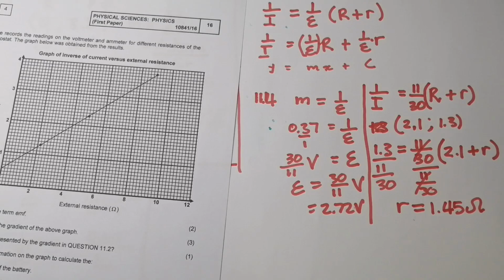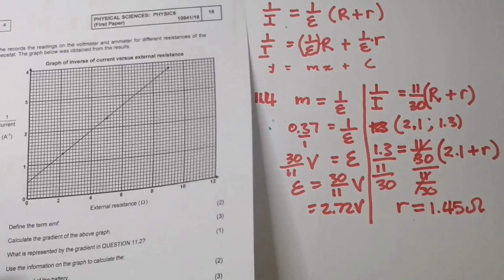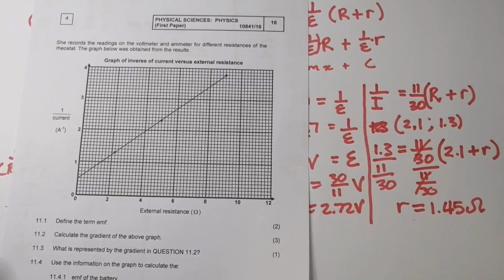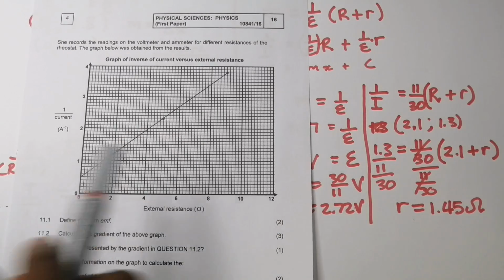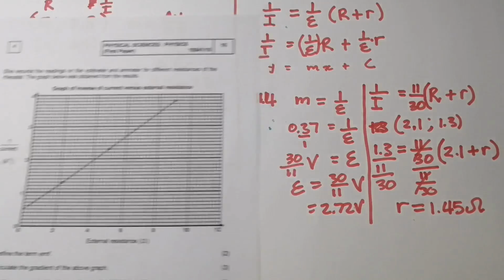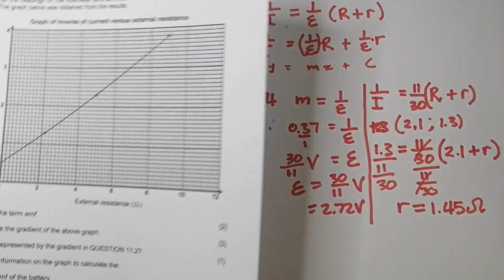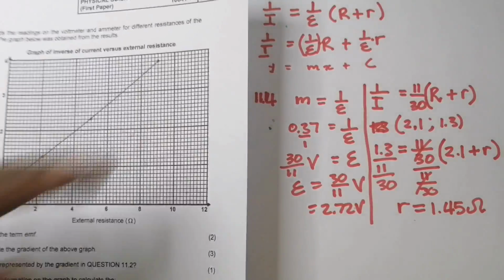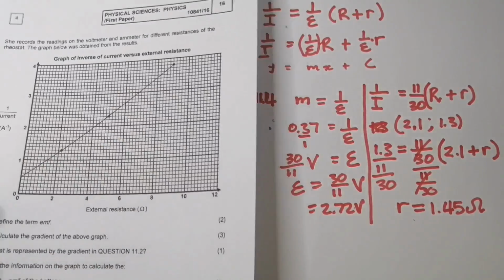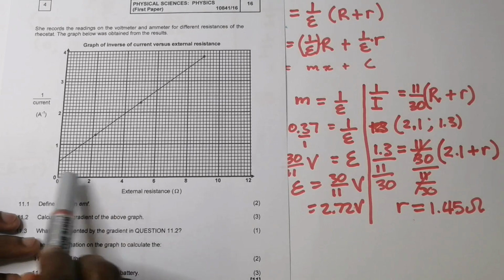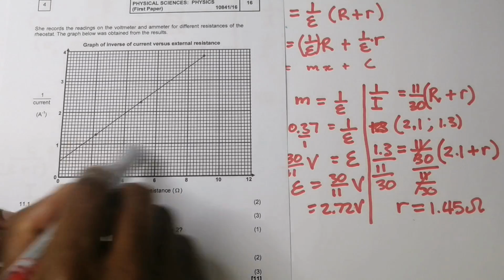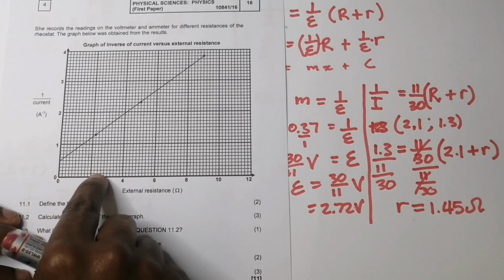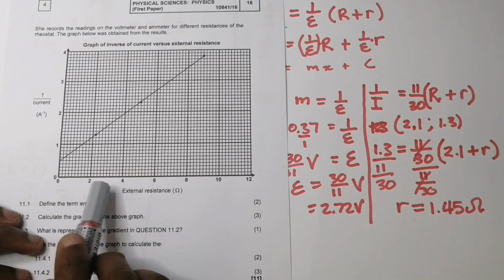By the way, it's a very important cognitive skill that we try to teach you, that you need to be able to interpret graphs. We need to be able to read off from a graph. That's a very important skill. First of all, you must be able to tell what the scale of the graph is. And please remember, the graphs that we give you, if it's an accurate graph, usually have about 10 subdivisions in between. So all you simply do